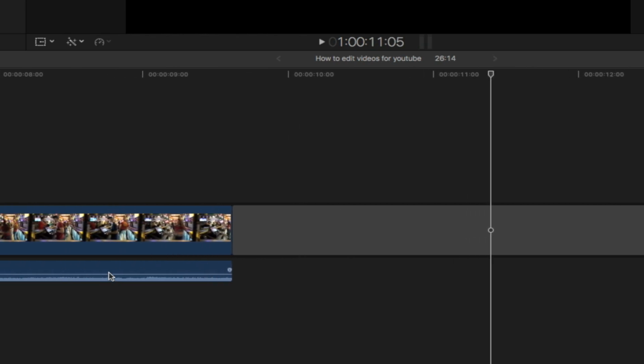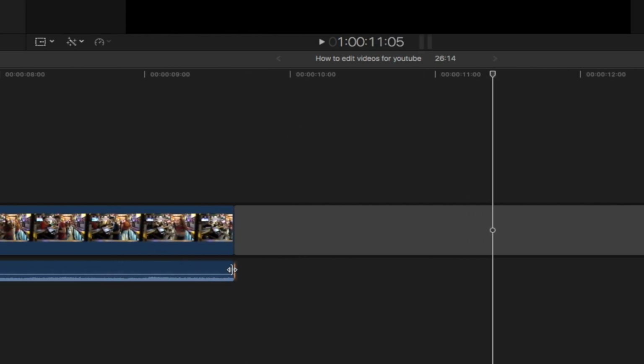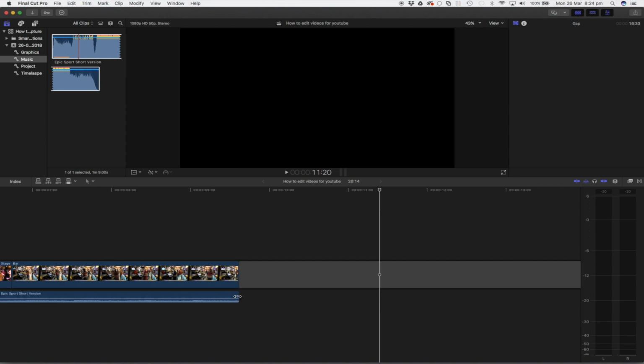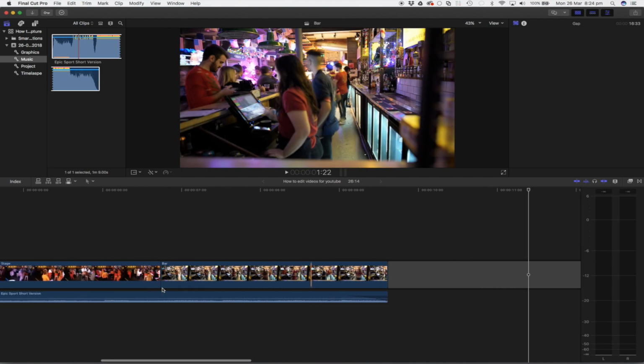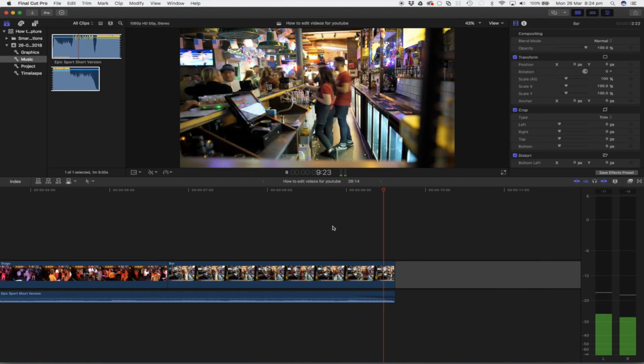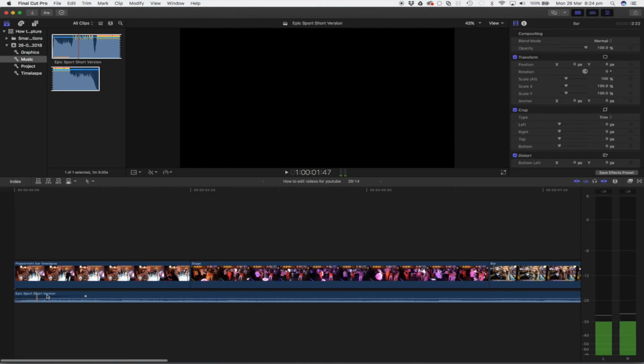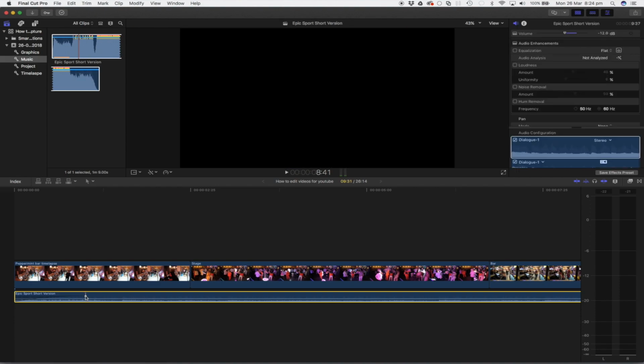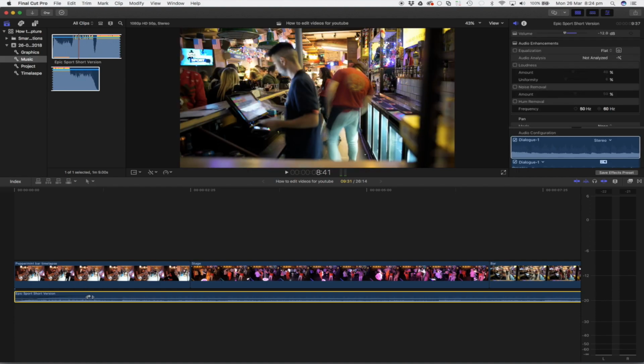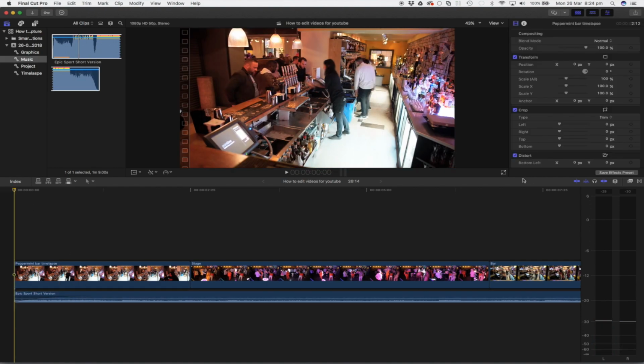If we come into the soundbar here, if we just grab this little dot here and drag it over, that'll smooth it out nicely and give it a nice finish. And if we do the same for the beginning, just drag this out just a touch more. There you go. So now if we play this full frame,